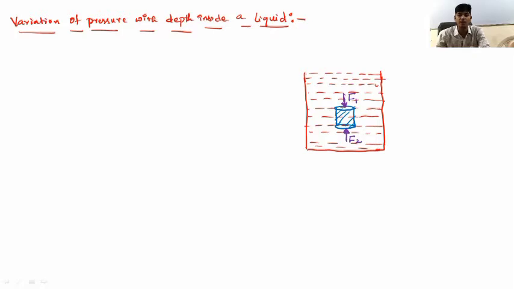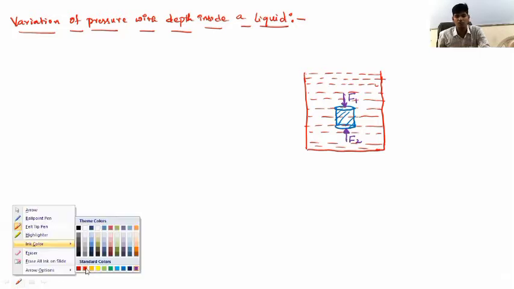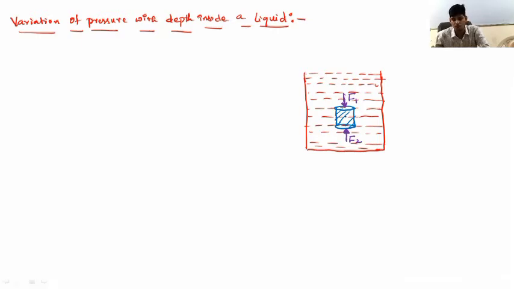And the other force that acts on this cylindrical portion is its own weight. This cylindrical portion of liquid will have a definite mass, so it will be acted upon by gravitational force. We know that force exerted by Earth on any mass is called gravitational force. That gravitational force will also act in the downward direction. The gravitational force acting on any mass is called its weight. We know weight always acts vertically downward.